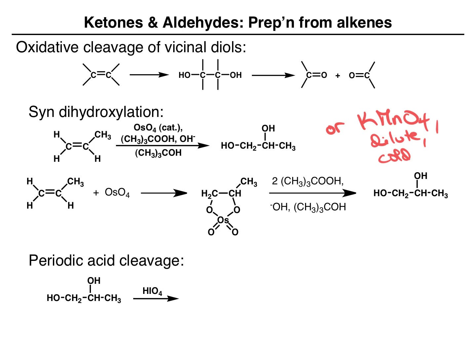For the second part of the transformation, our vicinal diol can be cleaved to give aldehydes or ketones. Once we have the diol, this can undergo periodic acid cleavage. So treatment of the diol with HIO4, periodic acid, leads to the breakage of this bond, where each carbon that's connected to the oxygen becomes a carbonyl carbon. So the piece on the left is going to look like this, and the piece on the right